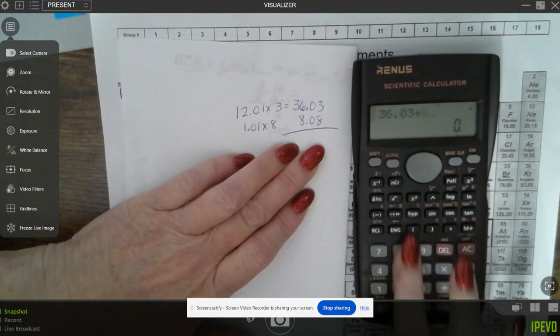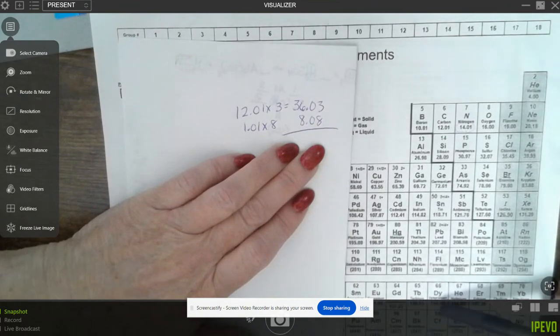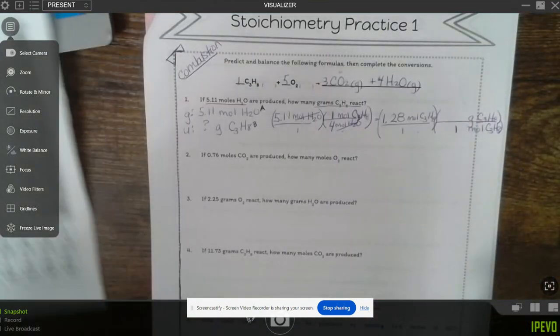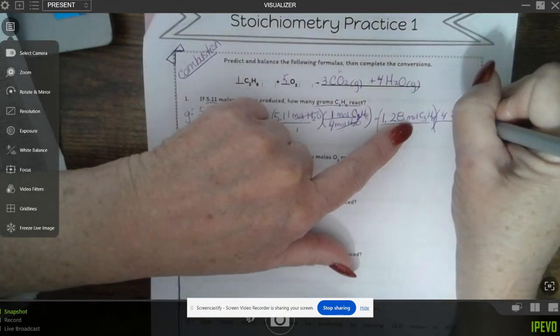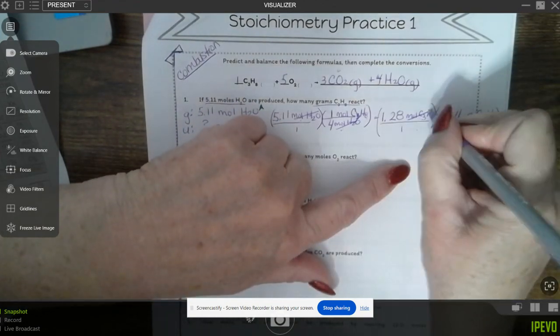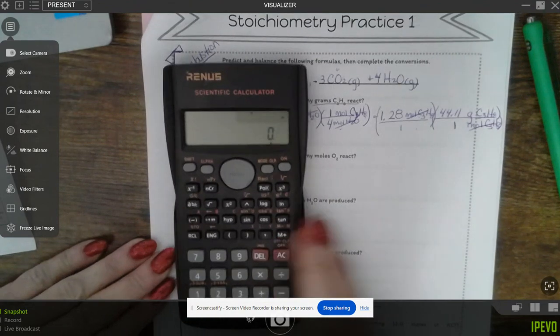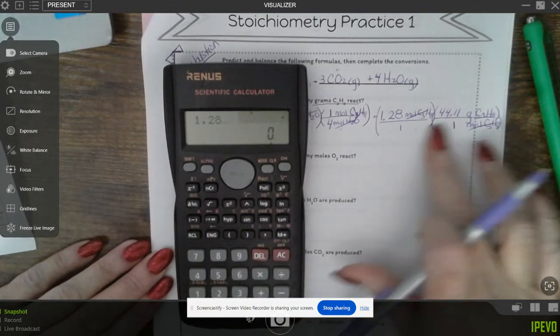36.03 plus 8.08 gives us 44.11. Okay, that is our molar mass of C3H8. So 44.11 grams. And see again, moles of C3H8 cancel out. So I had 1.28 times